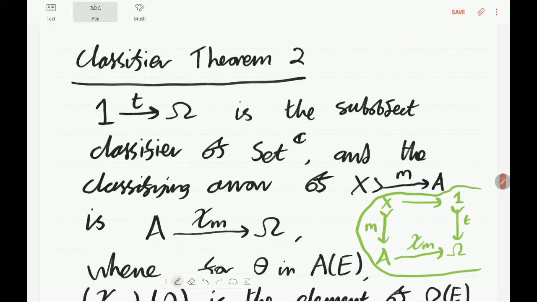So, okay, on to the next one. This is more challenging, but this really wraps up the kind of understanding how the subobjects work in set to the power of C to understanding how the subobject classifier works in set to the power of C. It's this classifier theorem too. So it basically says that given this arrow T from the terminal object to omega, we have that this is the subobject classifier of set to